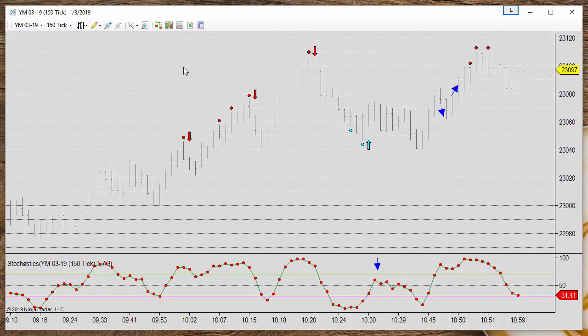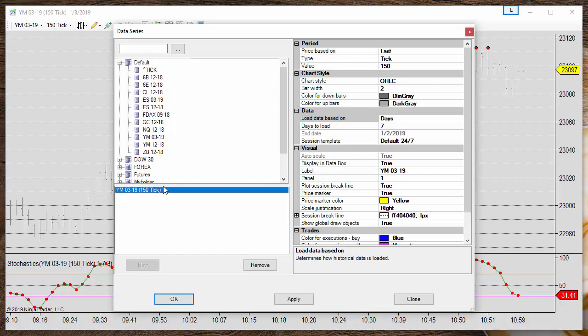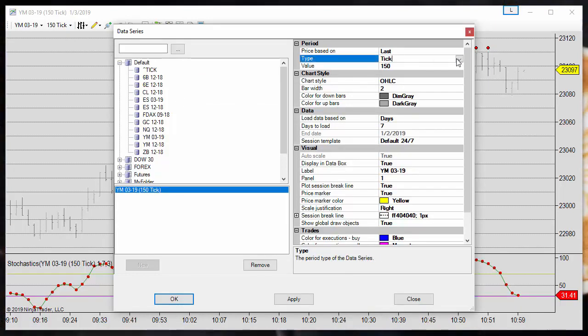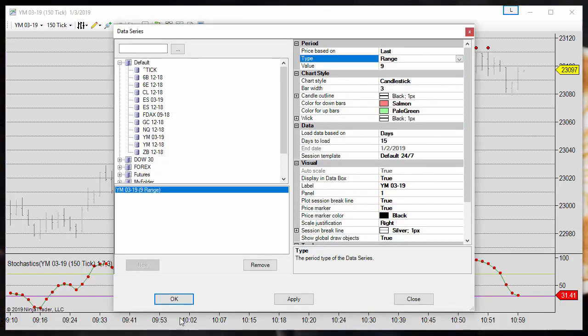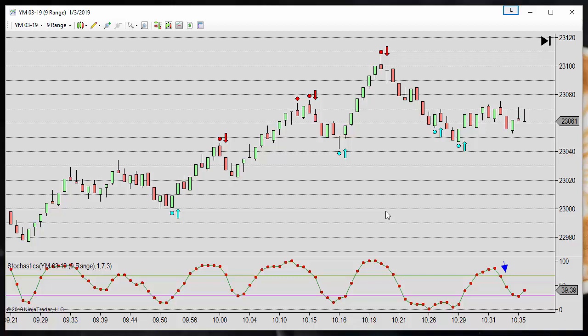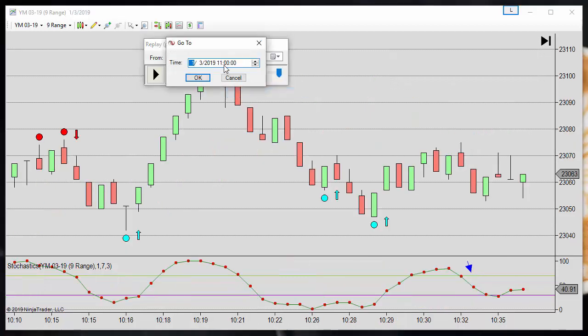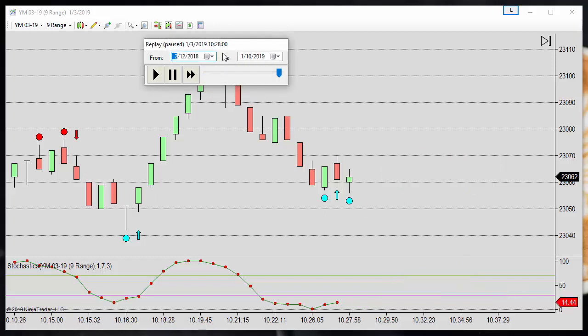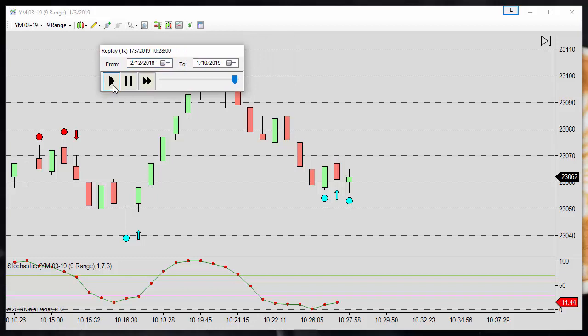And now let's see what we get in real time. Let's go back to range 9 and let's check this trade. So click on play, and now we can see that we have a possible reversal bar.